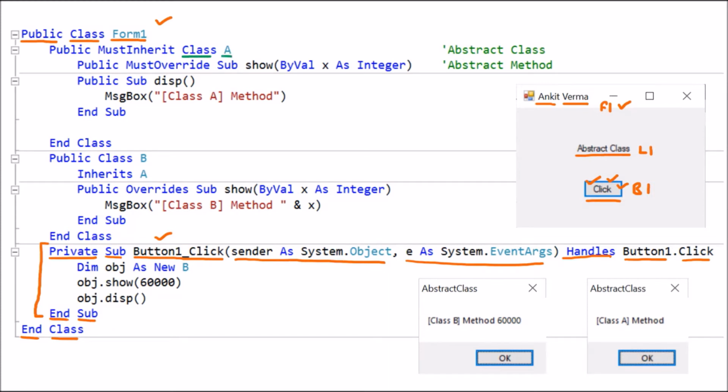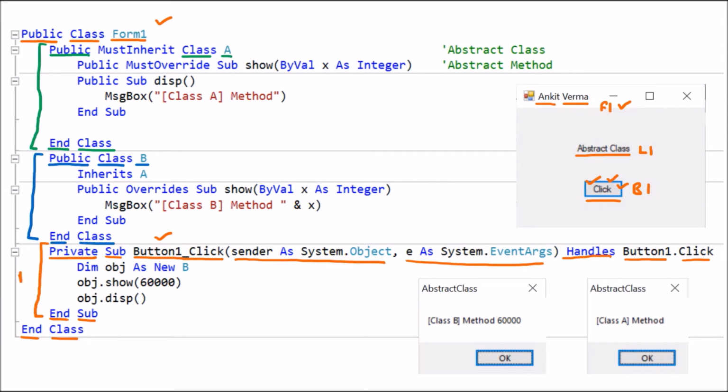Above the coding of the button, we have created a class. This is Class A and it is ending with End Class. So this is one boundary of the class, and here we have used Public. Public stands for this class can be accessed outside. Then afterward we have created one more class. This is Class B, and this is the boundary of the class. This is public. This can also be accessed outside, and it is ending with End Class.